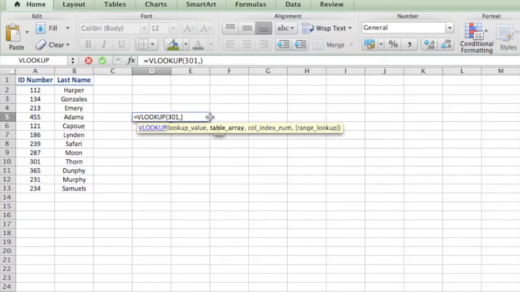So now we will get the table array, which is the cell range that contains the data. So we're just going to highlight all the data, another comma, and now we're going to look for the column index number, which sounds rather complex, but it's actually very simple. So in this case, we are looking for information in column B. That is the second column, so we're going to type in 2. Another comma, and finally, we are going to